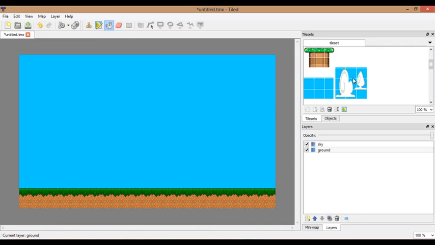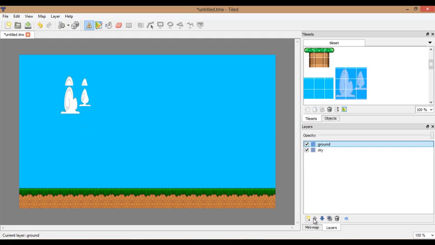Okay, all right, so let's go ahead and add some clouds. Let's go to this and hit sky layer. Make sure you click the sky layer and click the stamp tool. Let's put some, well actually, you know what, let's put this on the ground layer. So hit ground and just stamp it, and bam,